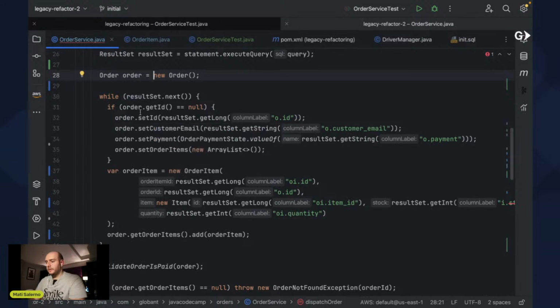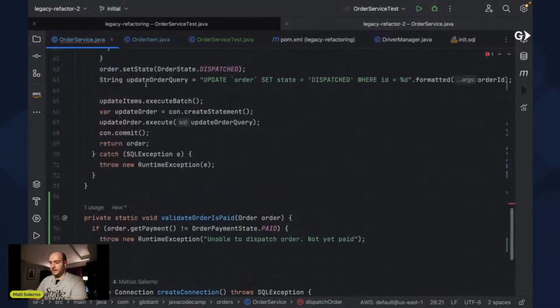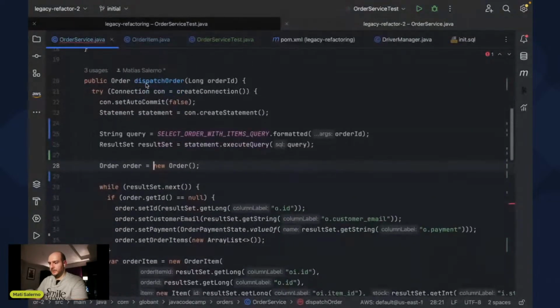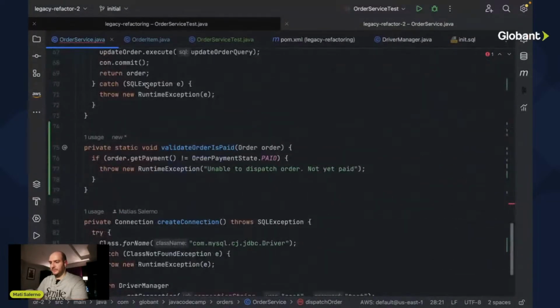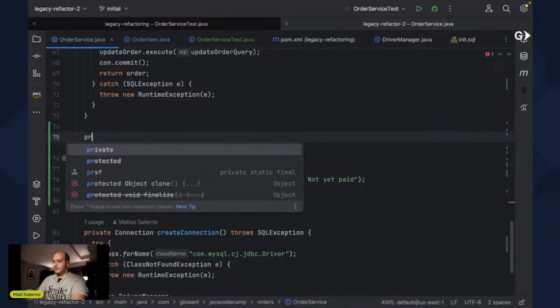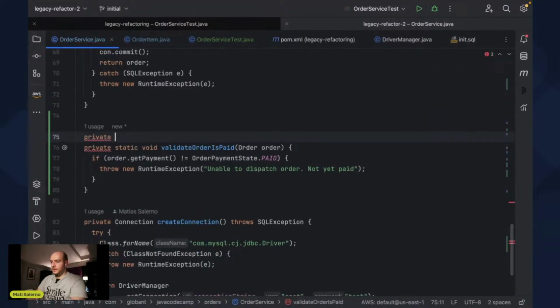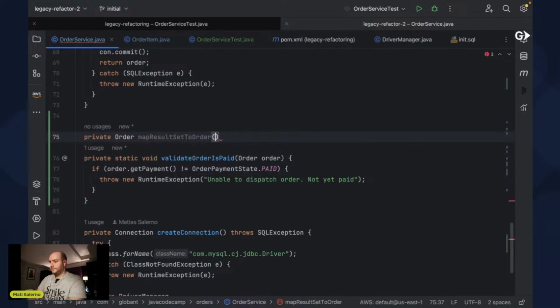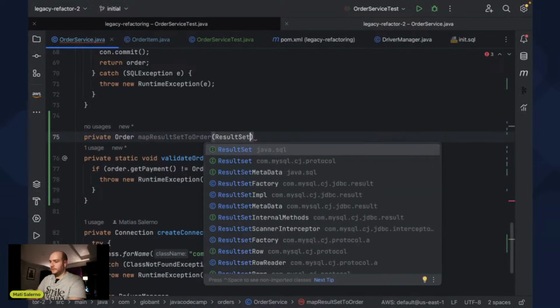I want to be able to return the order. So I'm going to have to do it the old way. I'll have to actually create a method here. Private createOrder, mapResultSetToOrder, ResultSet,